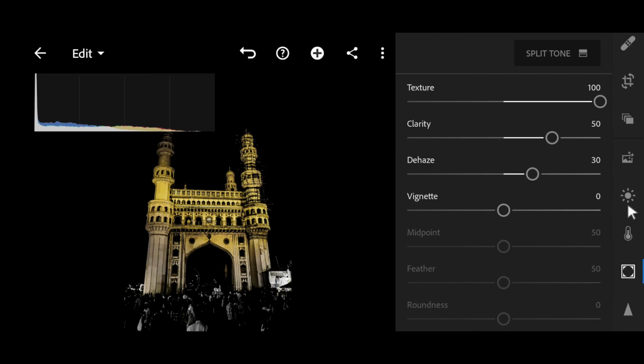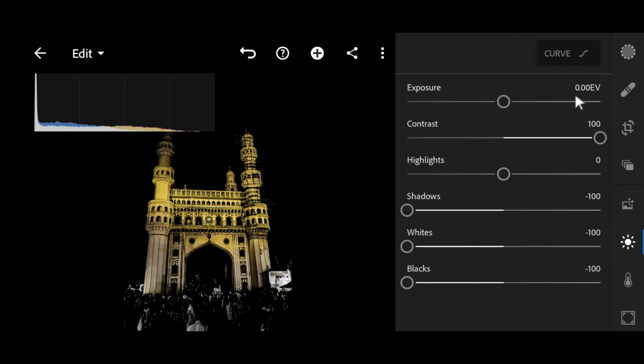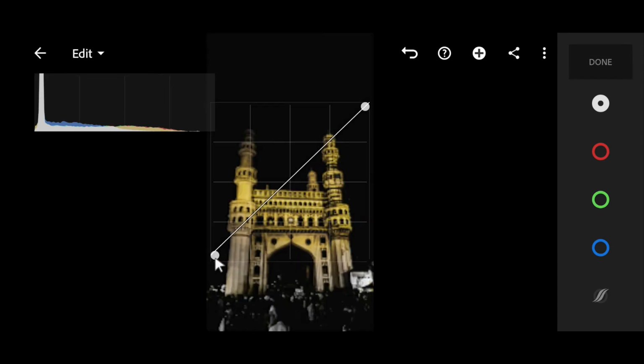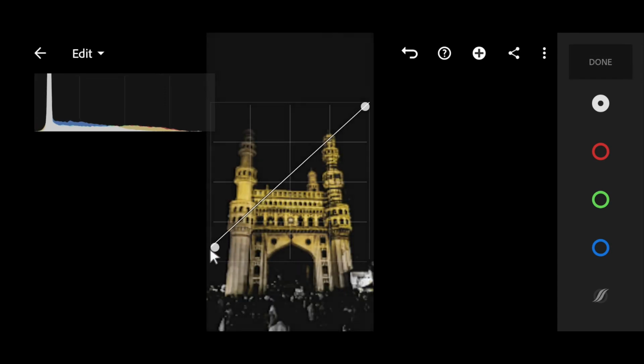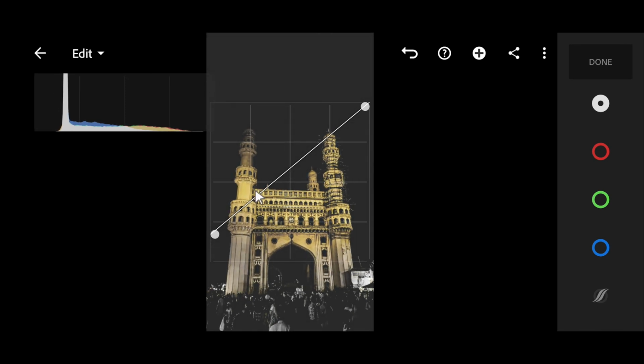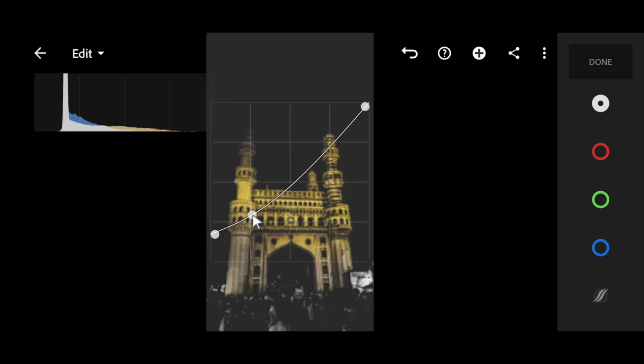But before saving this image to our device, I'll play with the curves. So now I'll take this point and pull it up, and now I'll make a point over here and drag it down.